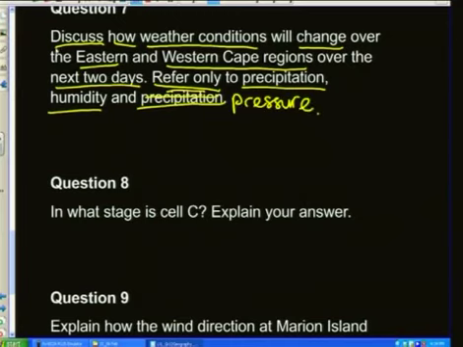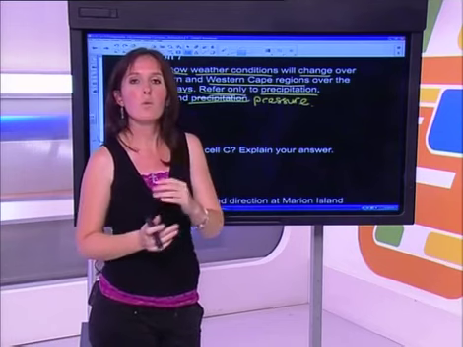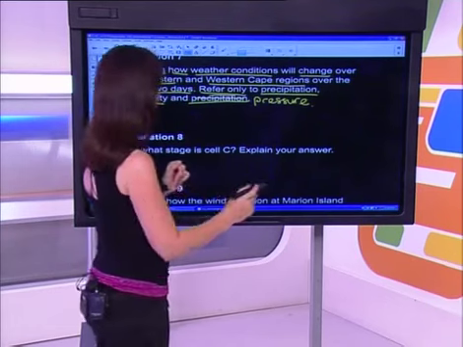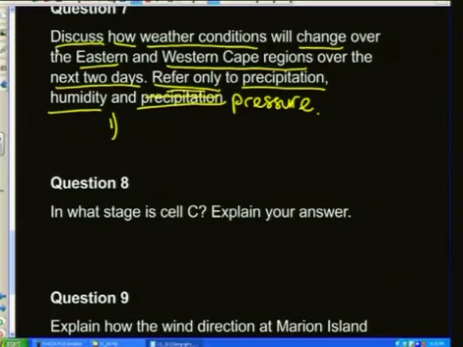Right, so we know from looking at that synoptic chart that the cold front is usually the one that's going to affect those southwestern Cape regions and the eastern Cape regions. So you need to know what's going to happen most often with the cold front. Let's have a look at each of them. We need to say that the precipitation, let's call that number 1, we might see rain, might be quite heavy rain, and thunderstorms. That'll get you your 2 marks there.